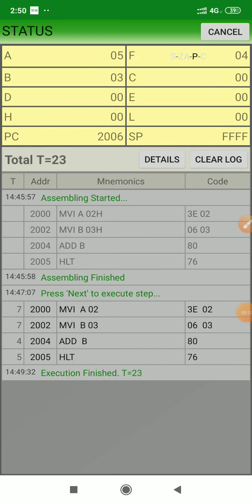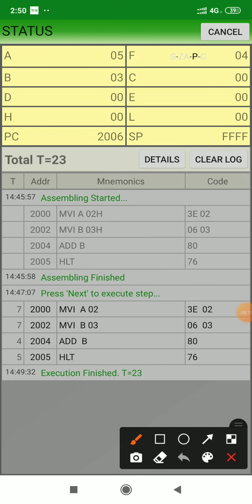Fine. These are the contents of the flag register. The flag register contents are in the order S, blank, Z, A blank, P blank, C, like this. So you can see 0 0 0 0, then 1 0 0 0 0. Why has the parity bit become 1? Because our result is 05, and if you convert 05 to binary, it is 0 0 0 0 0 1 0 1.